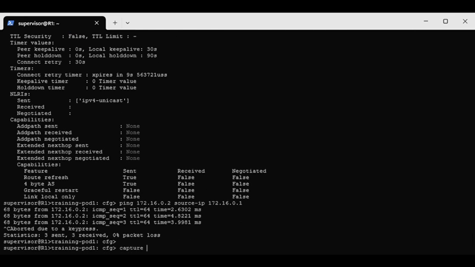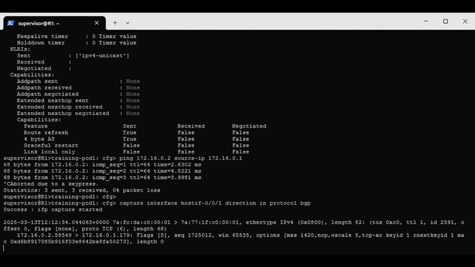Once again, let's monitor the directly connected interface, in this case hostif 0/0/1, for incoming packets. The very first packet received is a TCP SYN packet. It seems that the remote side wants to use TCP authentication option with key ID 1. Up to now, we have not configured any peer authentication. From the output, we cannot extract the passkey, so we need to agree this offline with the administrator of the